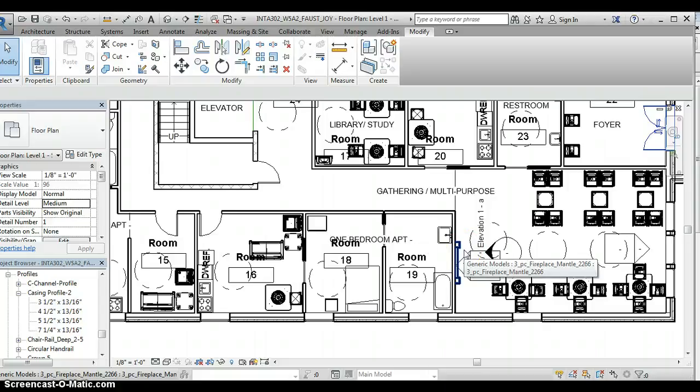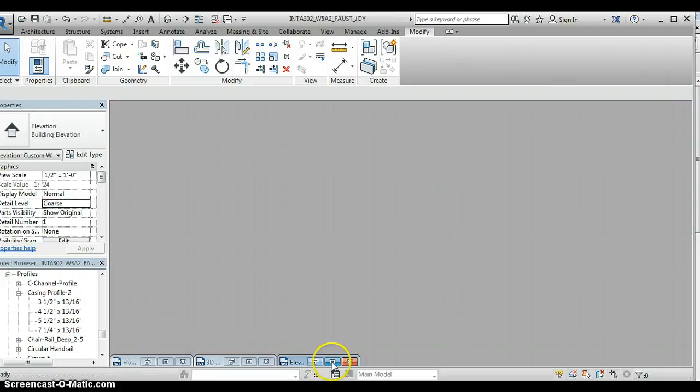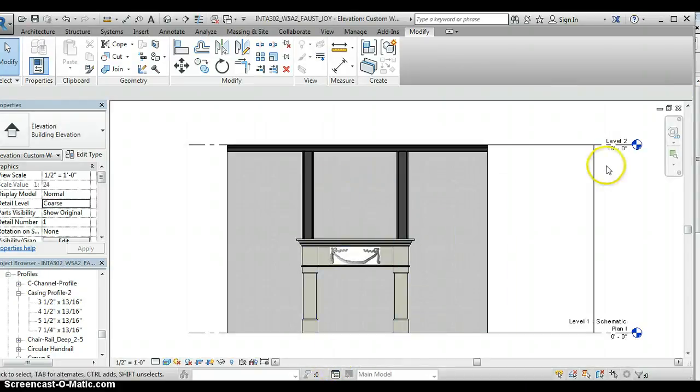So then the next thing that you want to do is go to the elevation, and I do have these open, so that's why I'm kind of toggling back and forth. You've seen I've done a little bit more, and I'm going to show you how to do those. So here's the fireplace in elevation. I added some crown molding, I added some vertical molding, and then I added one little swag, and I'll show you how to do those